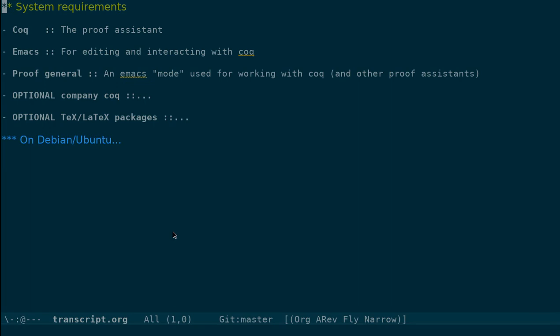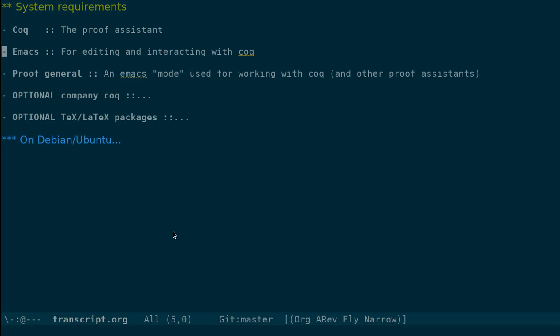We build the proof in an interactive way by interacting with the proof assistant. So it is required that you have Coq, and you have Emacs, an editor which I am sure many of you are already familiar with.